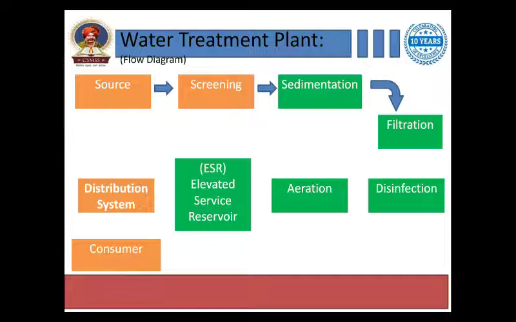What is a sedimentation plant? A sedimentation plant is nothing but a tank where the settled or dissolved particles get sedimented. Heavy particles get settled at the bottom due to gravity, right? Then after the sedimentation tank, water will be sent to the filtration tank, right? Where the colloidal particles which are not dissolved but still are in the water will get filtered. There are two major types of filter, right? First one is the rapid sand filter and the second is the slow sand filter.